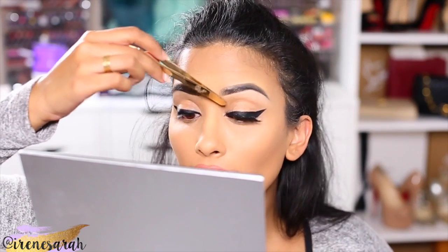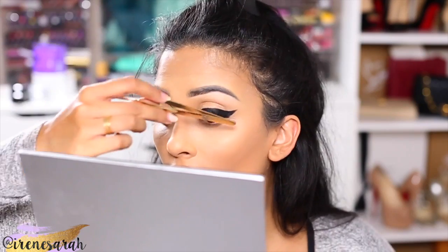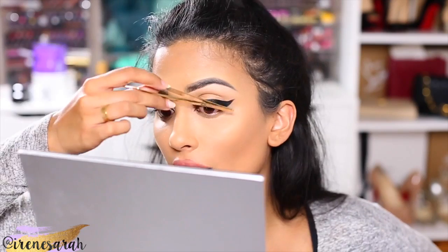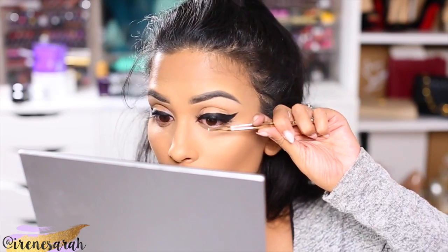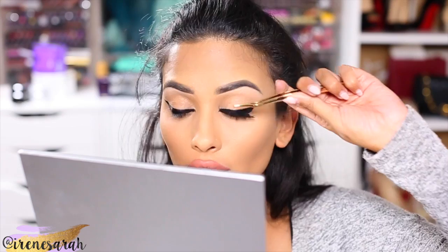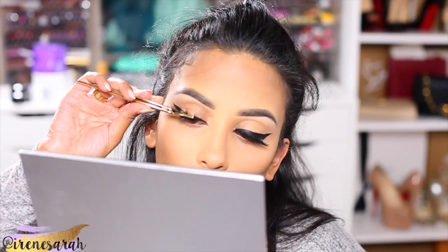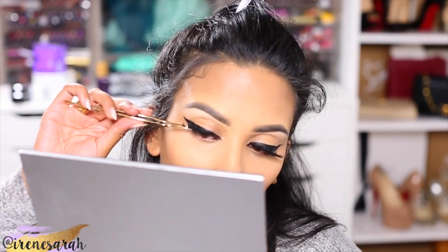Alright, and we're just gonna pop these on. I like to keep my inner corner of my lash as close to my lash line, and then the outer corner is like a millimeter or two lifted above my lash line, which I know seems like such a no-no, but wearing heavy lashes is difficult when you don't have almond-shaped eyes because they can weigh your eyes down and make you look more droopy and sleepy. So I definitely like this lifted effect, and once it's dry, you can kind of fold them up. You can curl them with your lash curler, whatever you like. So inner corner is going to go tight,